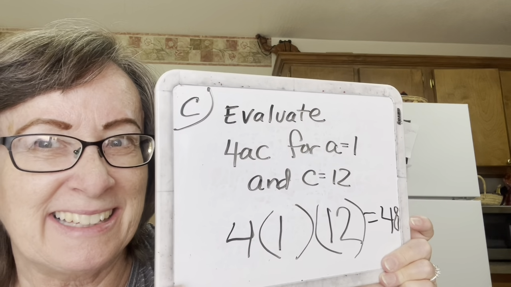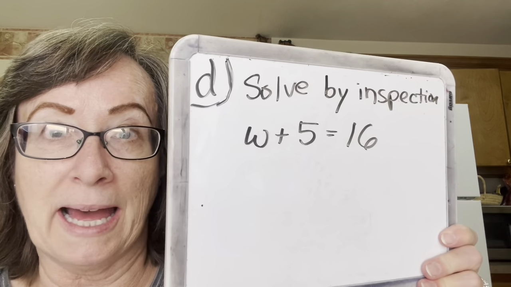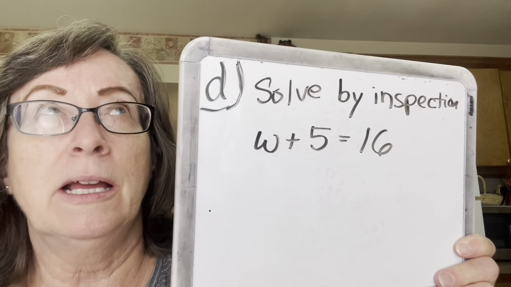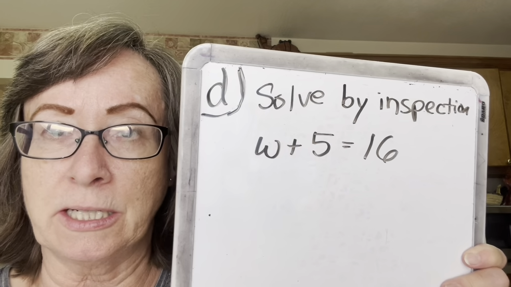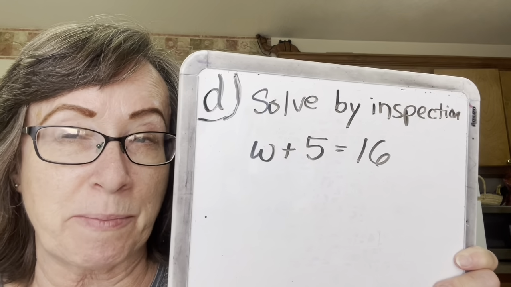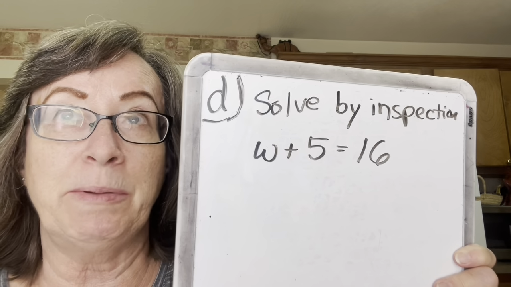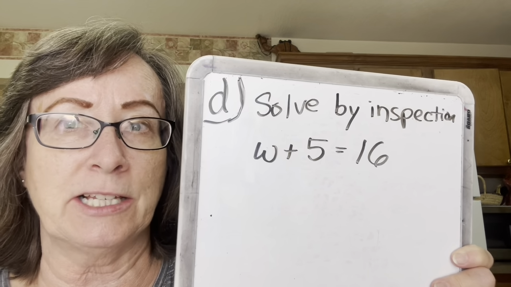This is a pretty easy section, isn't it? Okay, D says solve by inspection. Now, solving by inspection simply means looking at something and maybe making a good guess and checking it out to